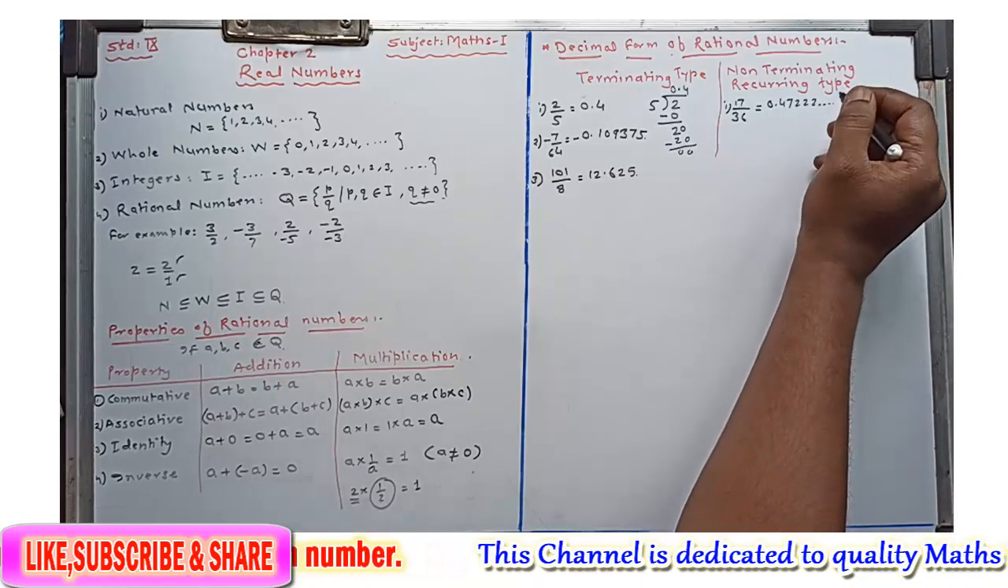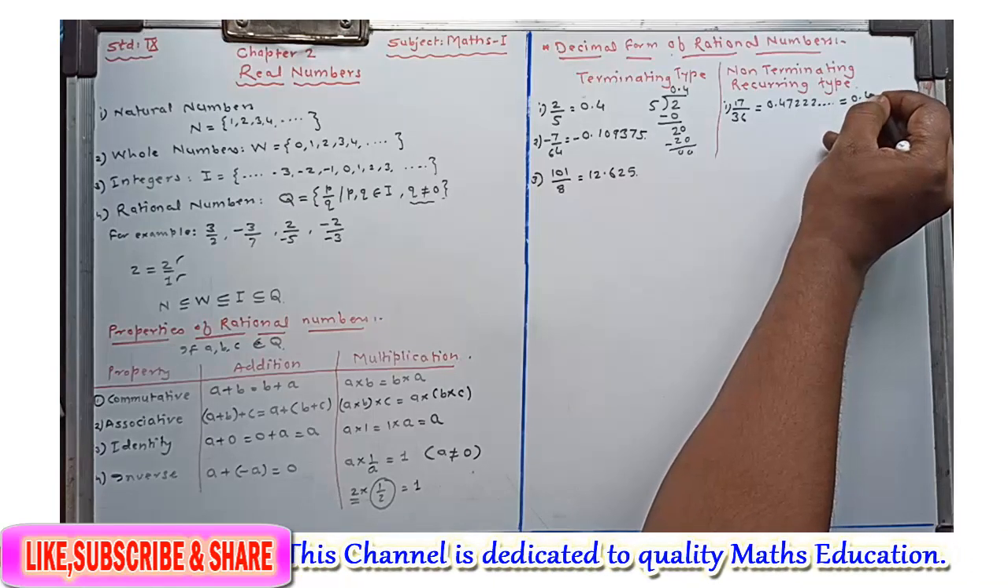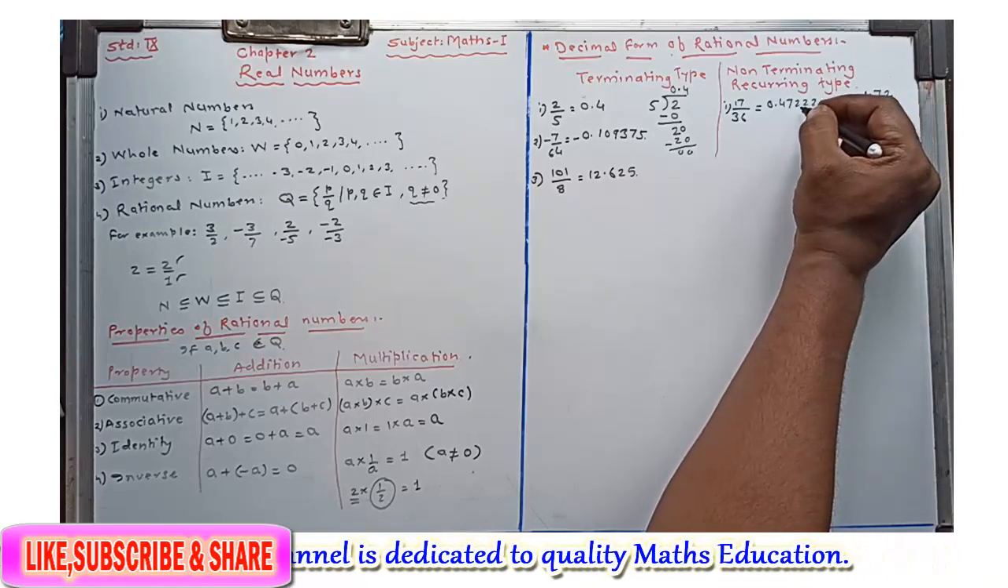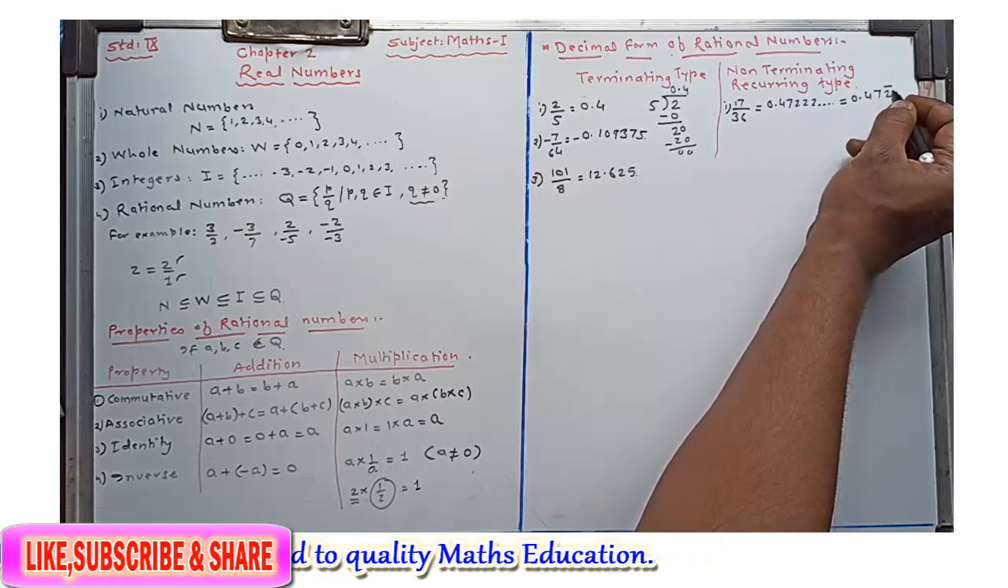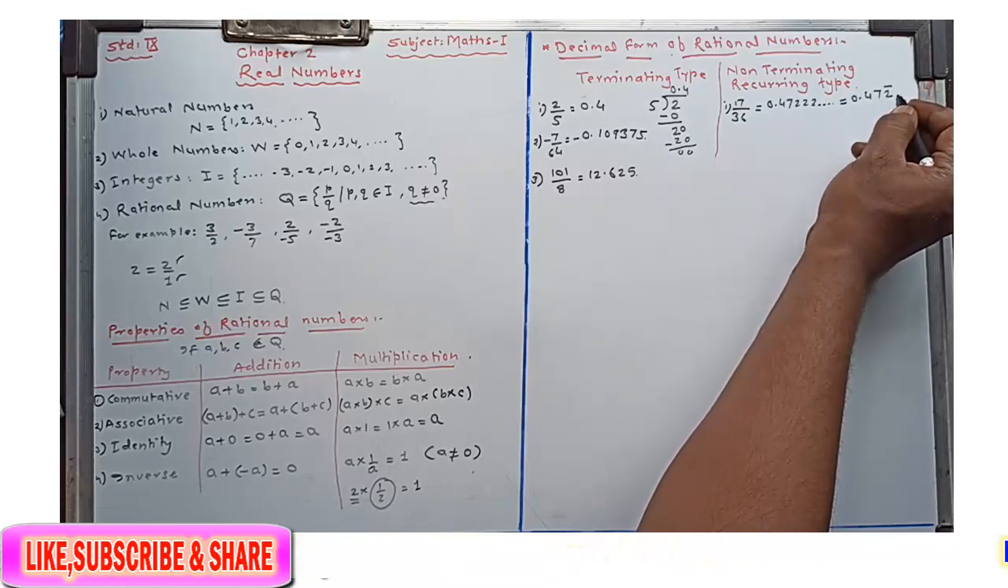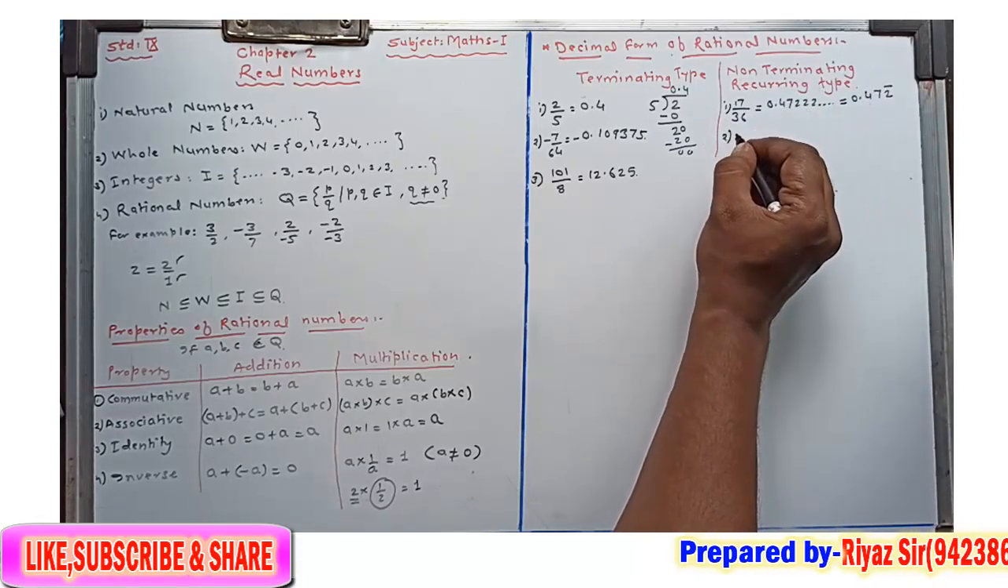So it is called non-terminating recurring type, and in short we write it as 0.472 with a bar. Now here this digit repeats itself, therefore we draw a bar on that 2, and this bar denotes it is non-terminating recurring. Okay, now the second example is